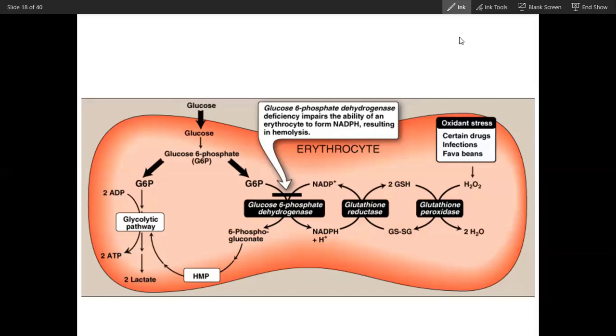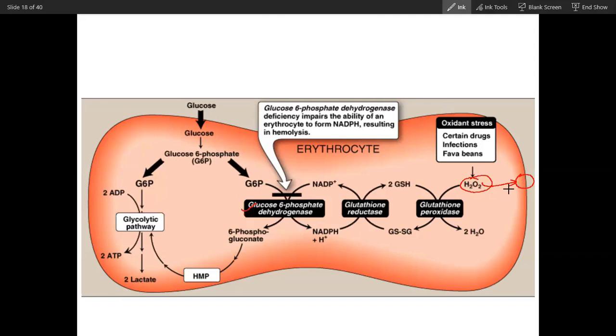So you understood the pathogenesis now? The center of pathogenesis is membrane damage because of free radicals. And this free radical is neutralized by the pentose phosphate pathway. If the pentose phosphate pathway has a defective enzyme, glucose 6 phosphate dehydrogenase, then it will not be able to supply NADPH, which is required to detoxify or neutralize this free radical.